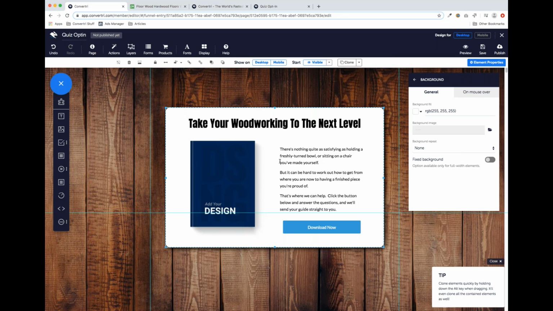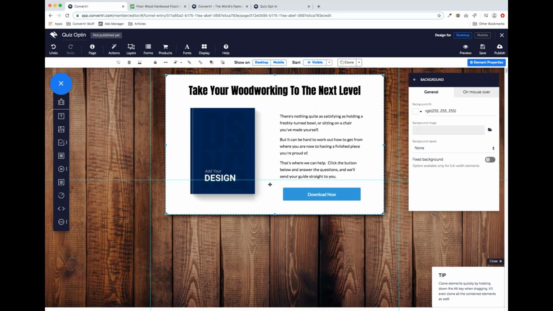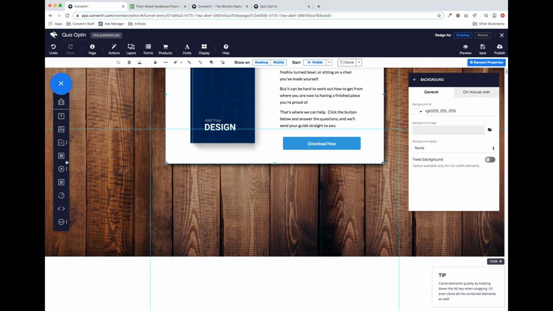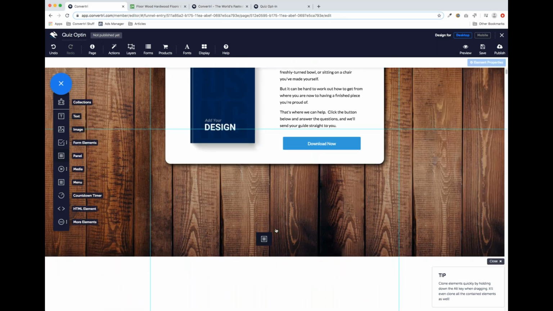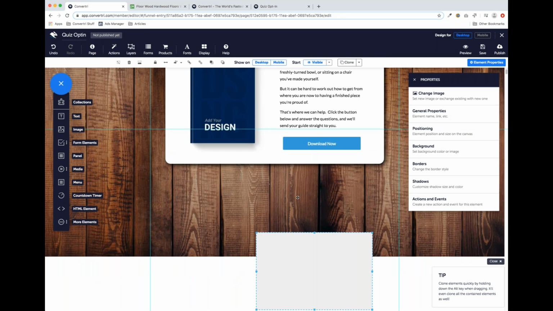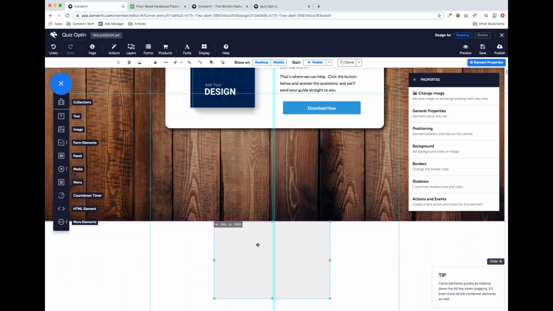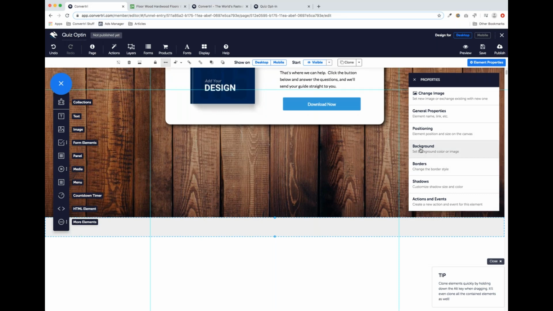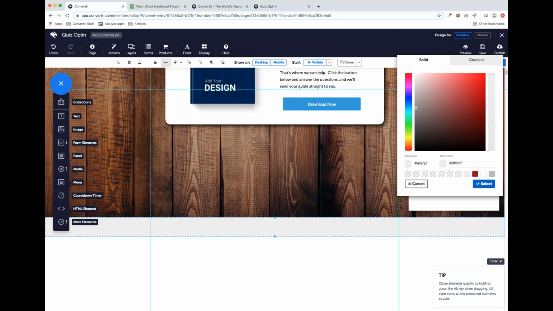So okay, we've got a base page, and oh no, there is actually one other thing we've got to do, and that is we need somewhere for our terms of service and privacy policy links. So I'm going to stick those in a little footer. I'm doing that just by adding another panel to the page, making it fairly shallow, and then full width again. We'll change the background to